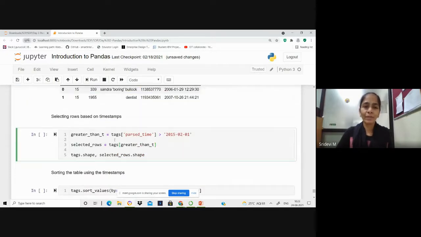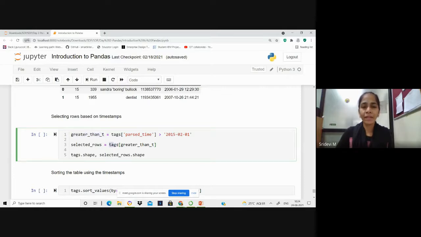Now in this case you can see we are creating a filter on the tags table's parse time column, and this filter extracts all the values that are greater than February 1st, 2015. So all the tags given after this particular day will be extracted into the greater than table.